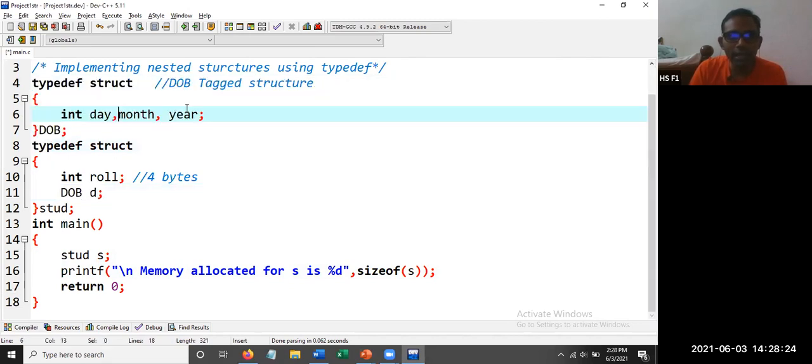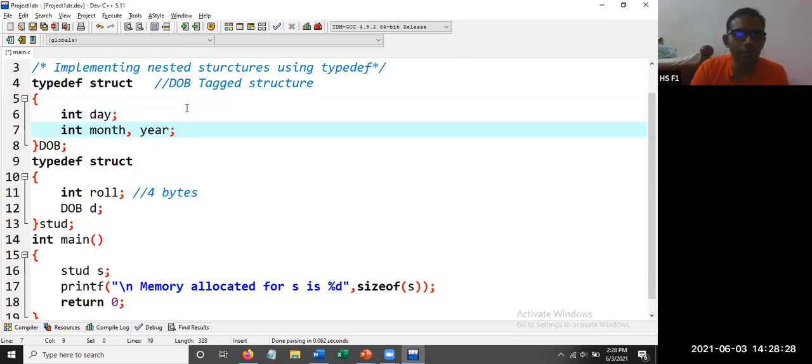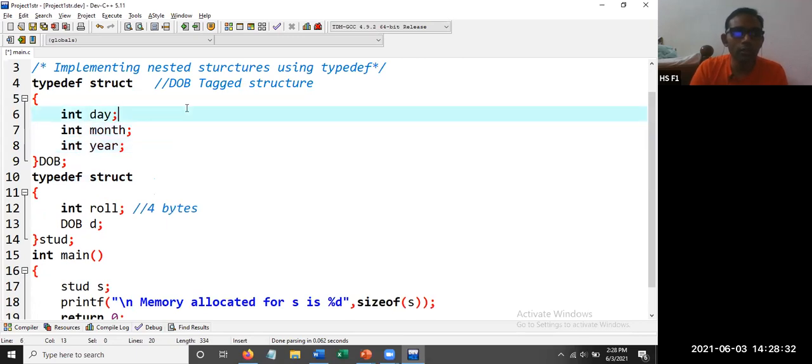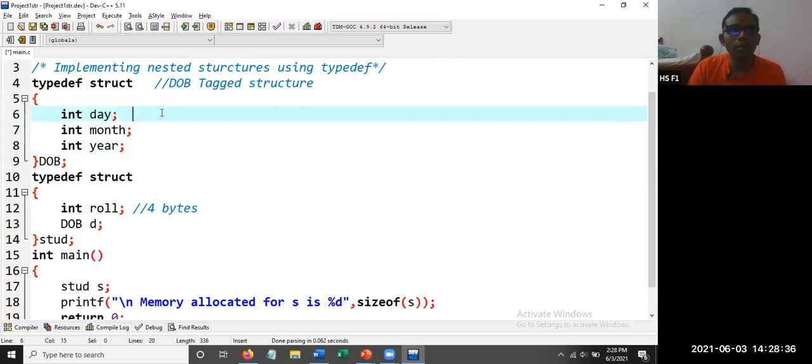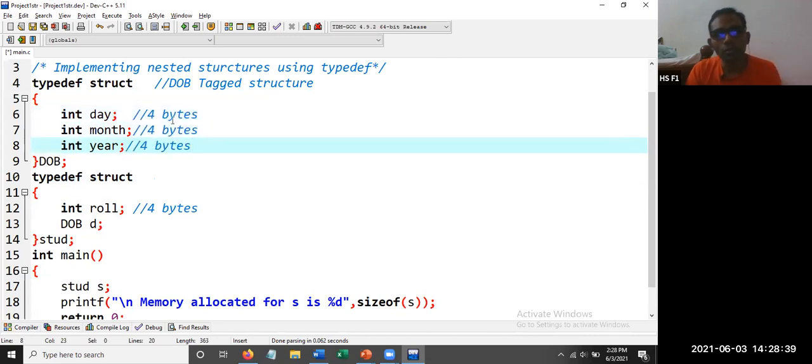Now this structure is having int day, let me write semicolon, integer month, then integer year. So here we will be having 4 bytes, another 4 bytes, another 4 bytes. So total 4 into 4, 16 bytes are allocated. Now is this clear?